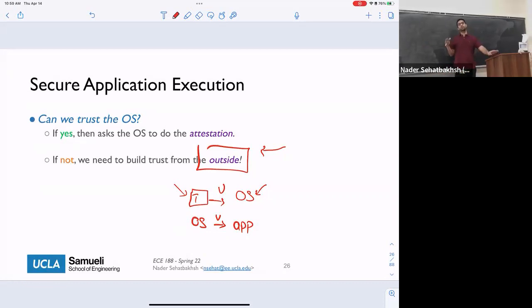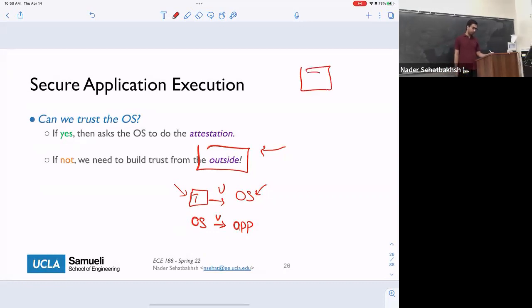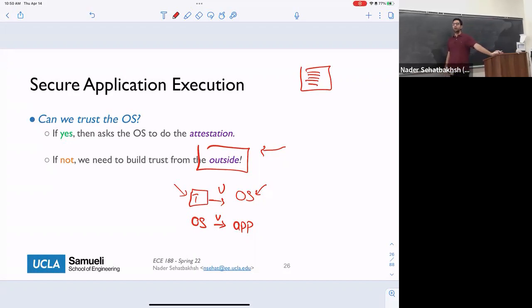So your TPM can be extended to multiple operating systems, right? But you remember the way that your TPM worked was basically it stored some hash functions, right? So if you have multiple of them, you can store multiple hashes with it. There are some details that we're not gonna go into, but at the very high level, that's the idea. So it's not really limited by the number of operating systems that you have.